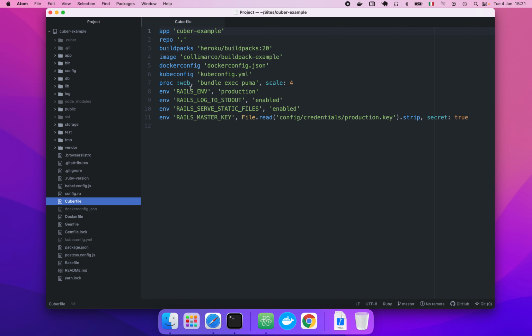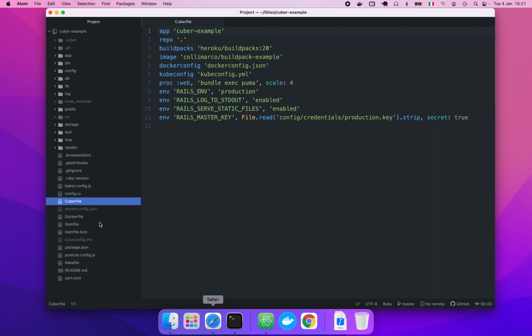For example, in this case, we have a web process that is scaled to 4 replicas. And we also define some environment variables that are specific to Rails in this case. But we can really deploy any kind of application using Kuber.